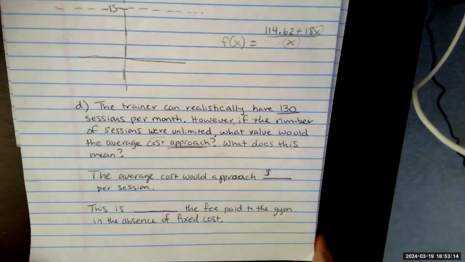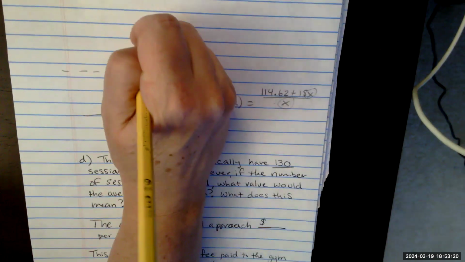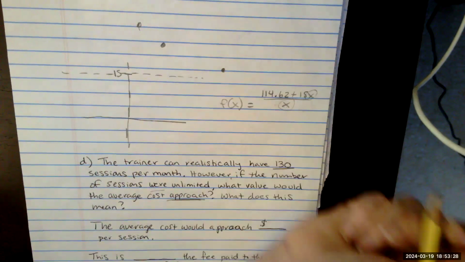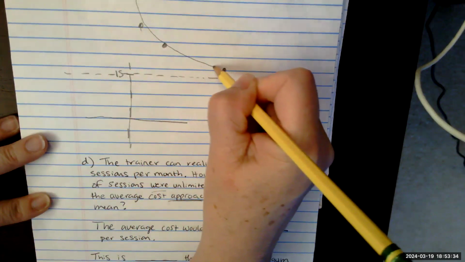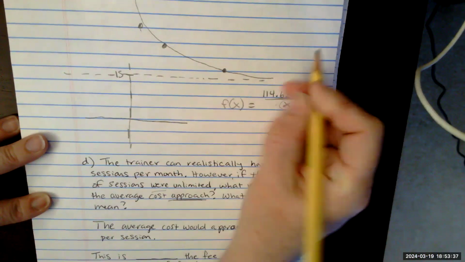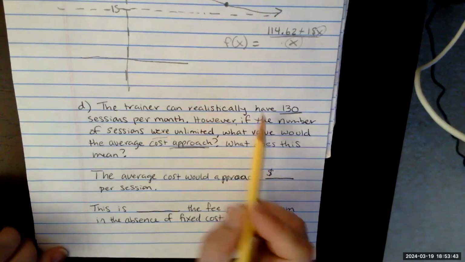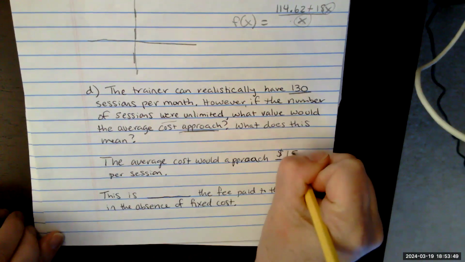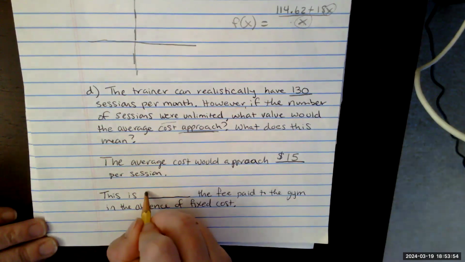So if we were to mark the points that we just found, right? When we plugged in 5, we got 37 something. When we plugged in 30, we got 18 something. When we plugged in 130, we got 15 something. That all makes sense because we have this asymptote. So it's going to just get closer and closer and closer to 15, but never quite get there. So that's what they're asking us. The bigger and bigger the x's get, what number are we approaching? We're approaching $15 per session, which happens to be the same